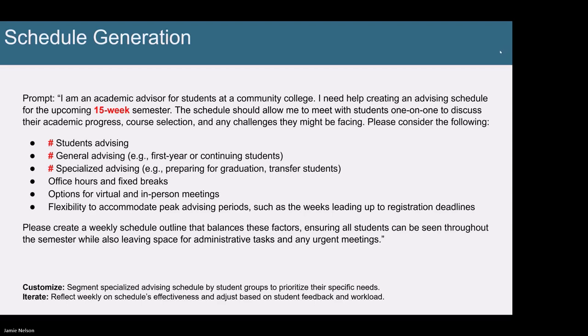And then any other requirements. In this case, I put in have an even split of in-person and virtual, as well as allow me some time to still have booked and set aside for my administrative tasks outside of these appointments. And so I have used ChatGPT, and if we go to the next slide here,